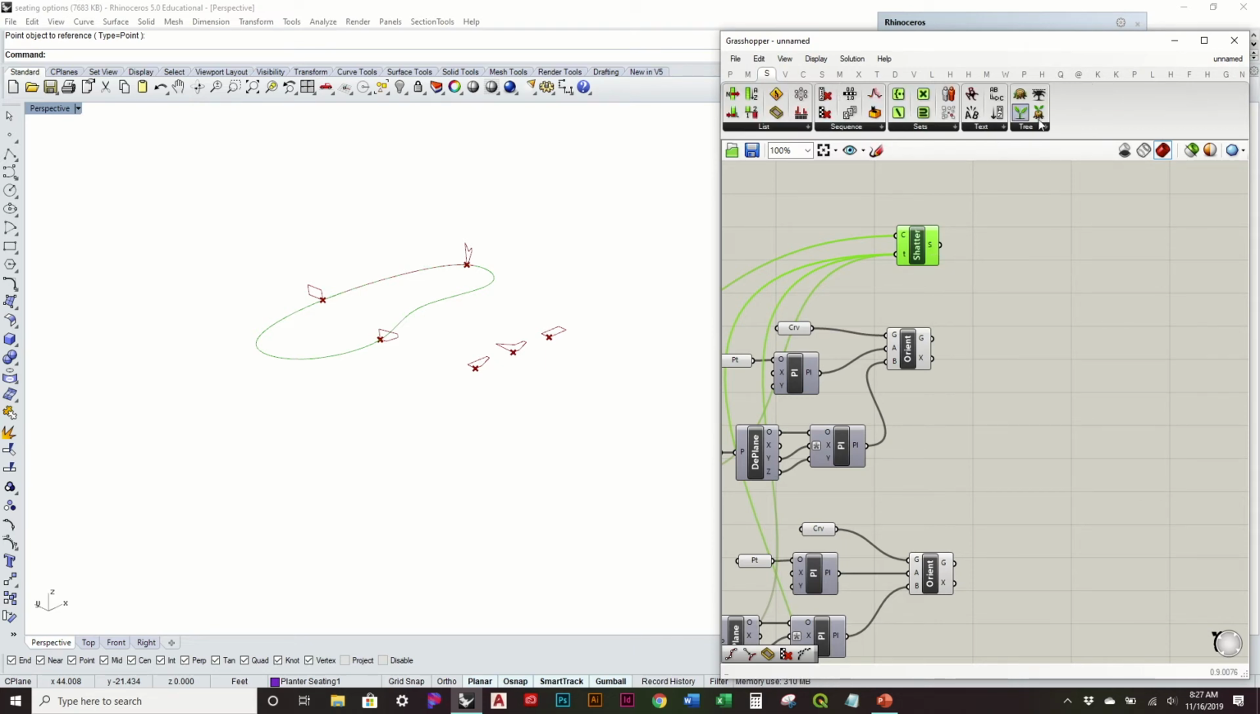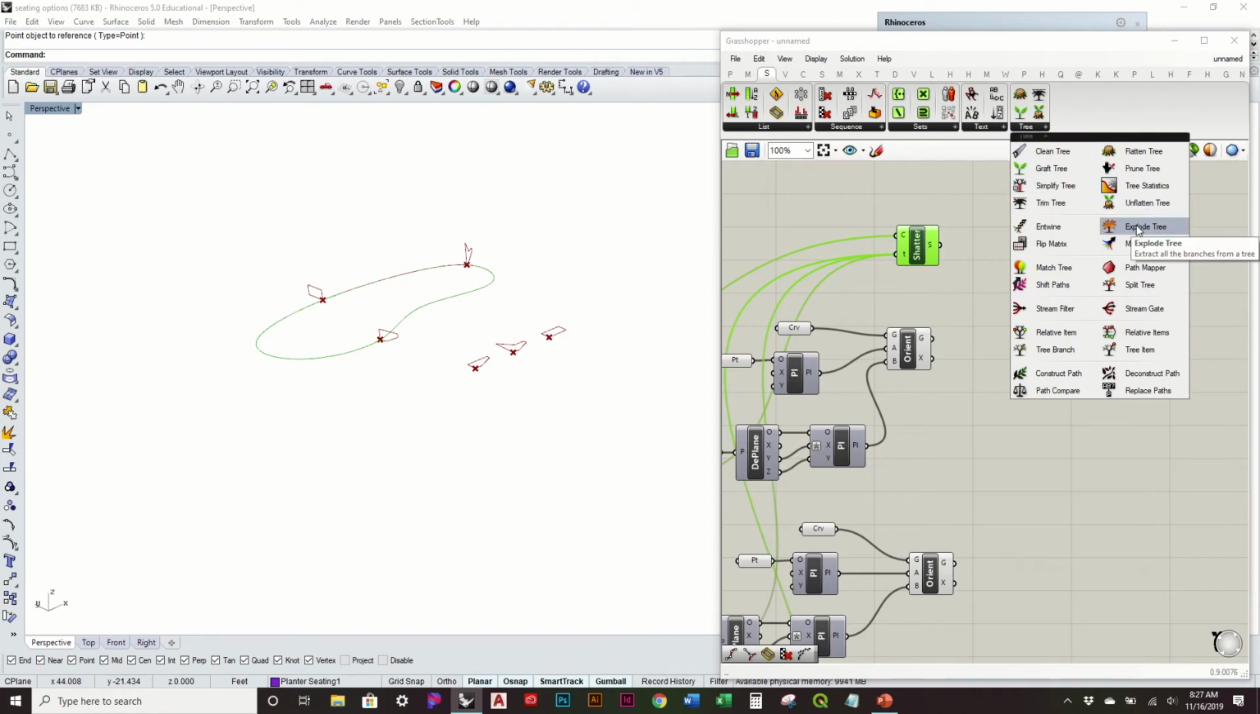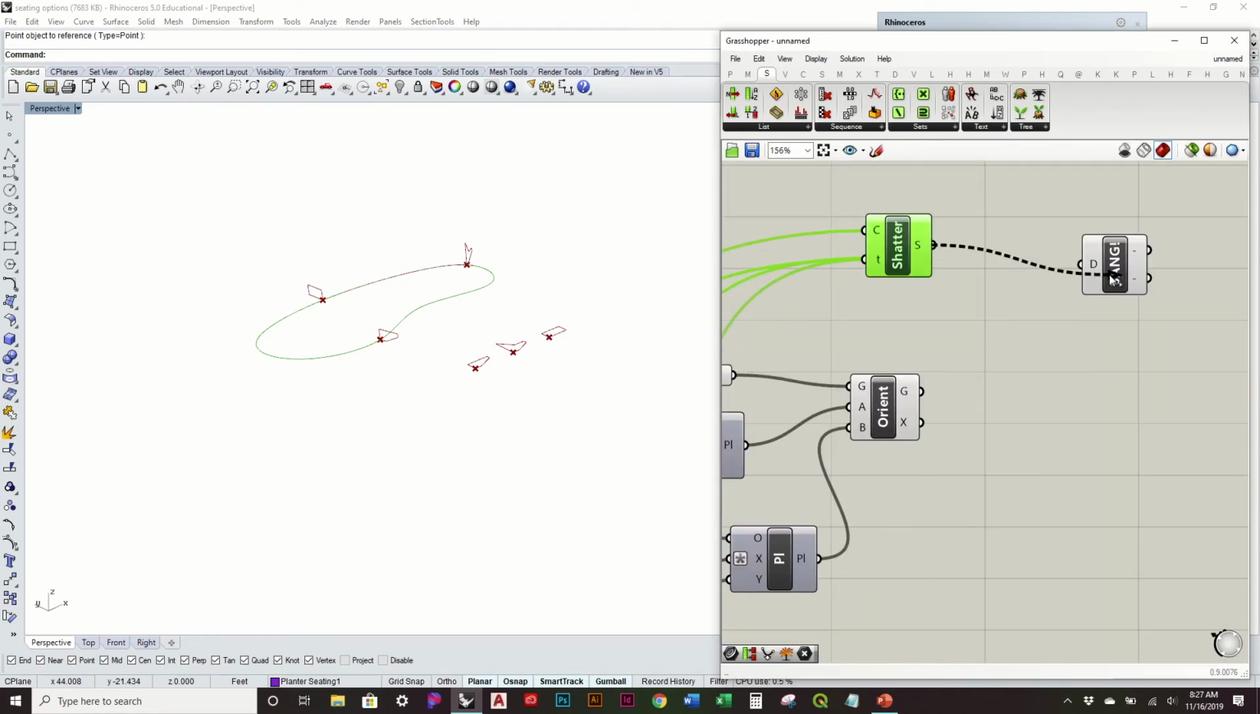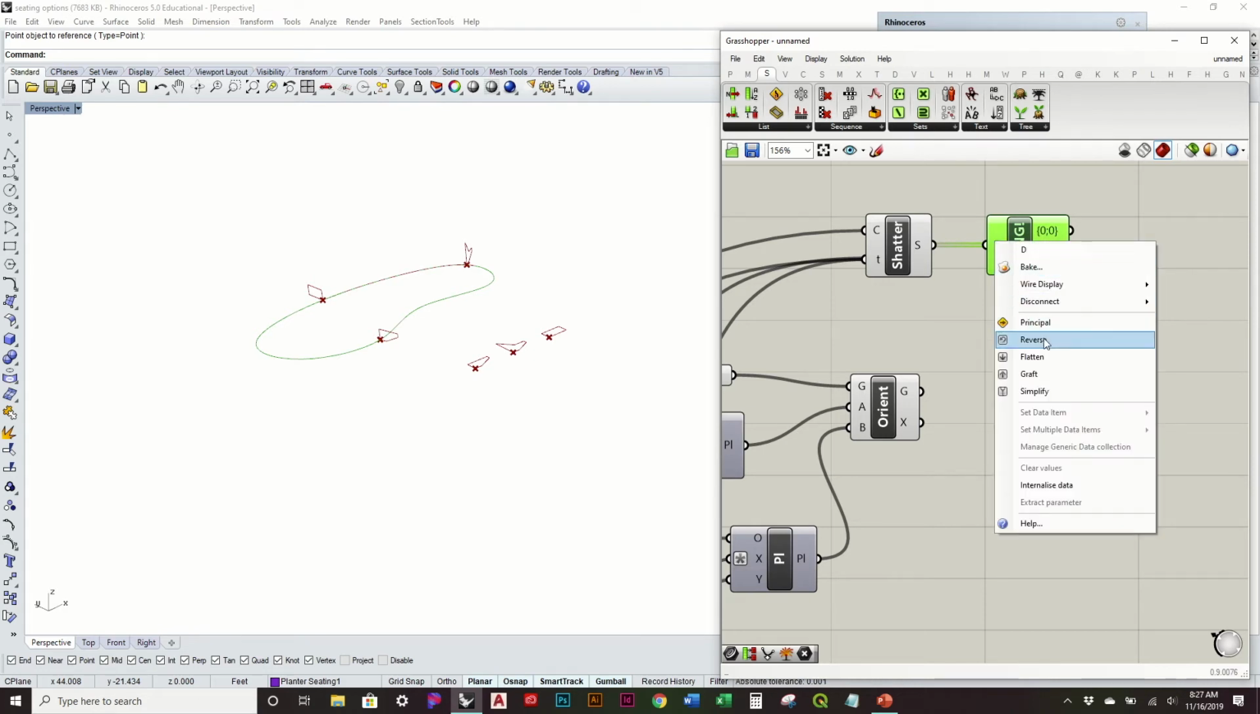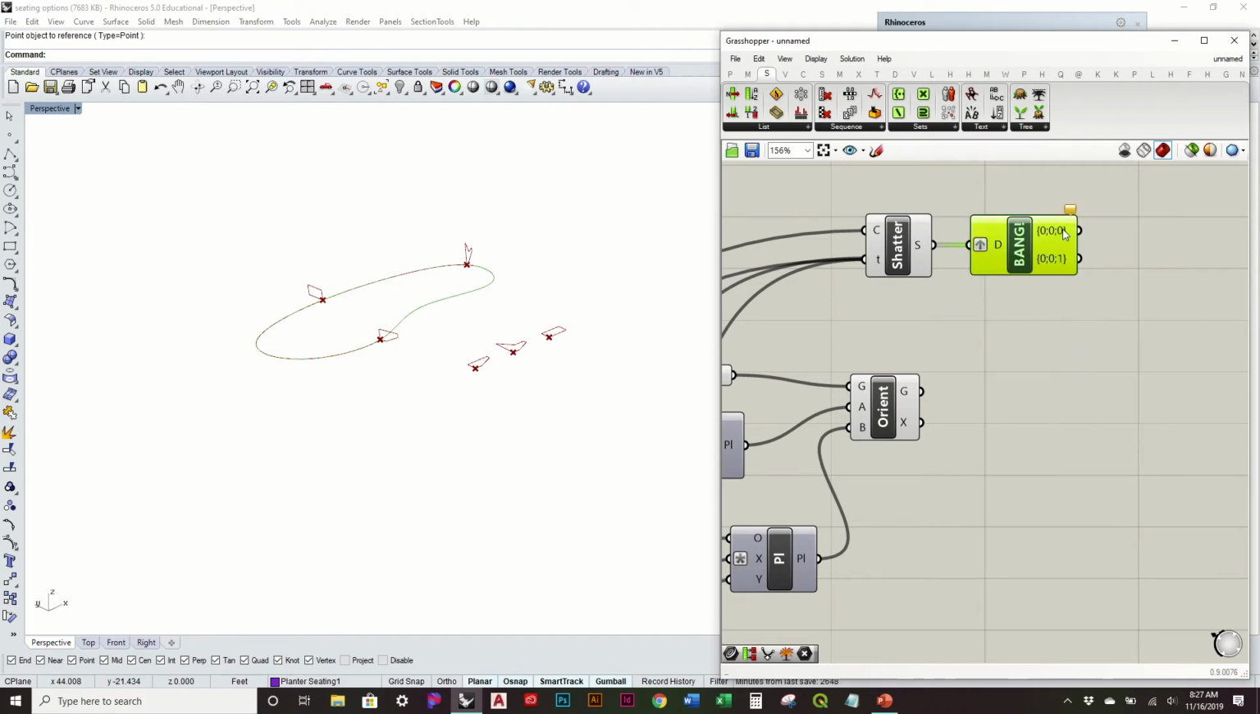So I can always go to sets, tree, explode. I'll plug this into there. And I'm actually going to graph these inputs. And then it's going to give me this warning that there's more branches going in than coming out, right? I've got three going in, but only two of these outputs. So I can always right click and say match outputs. Now I've got each one of these as their own